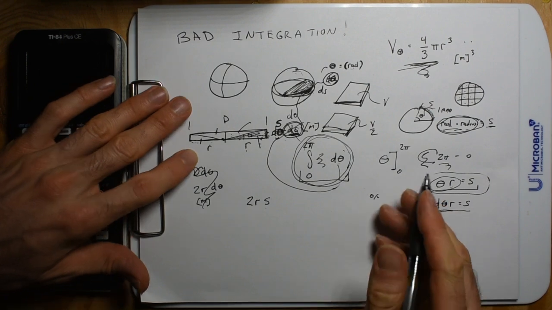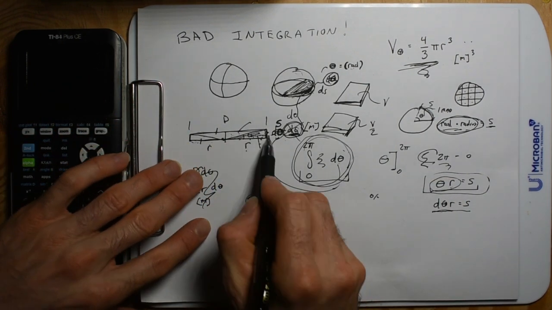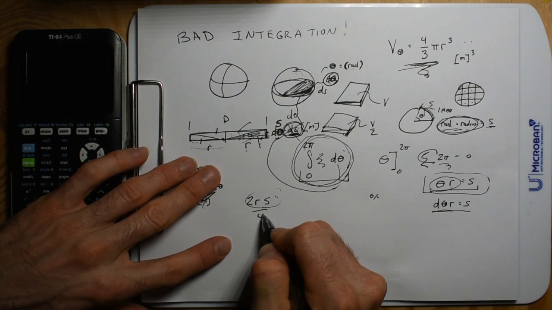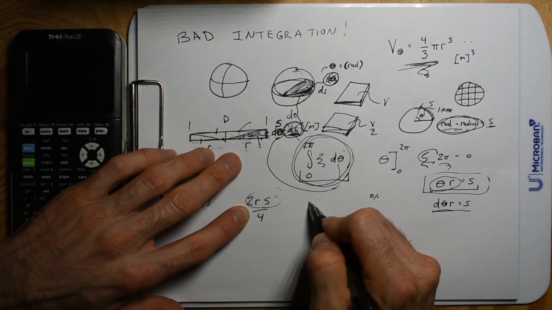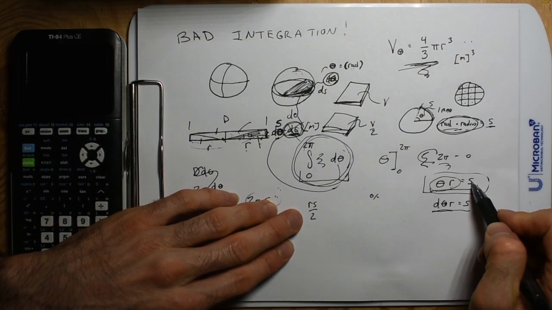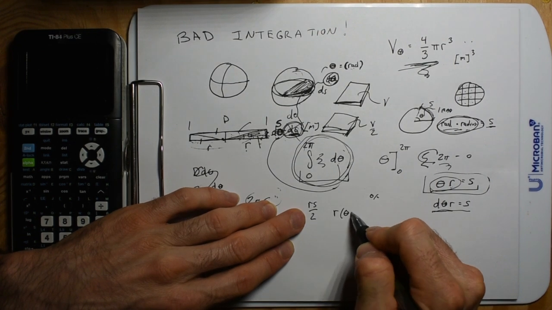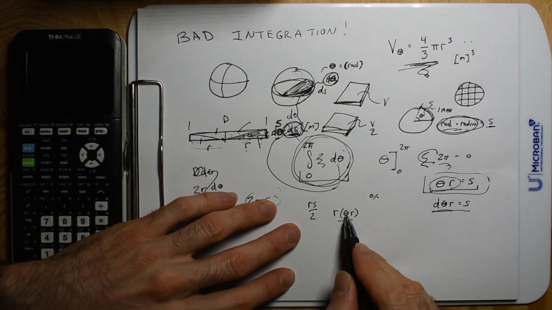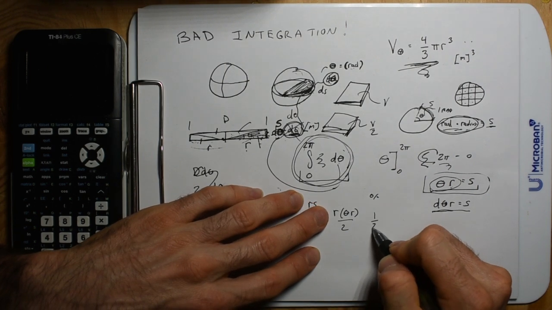We'll at least do the percent error calculation. Okay, so then I know that if this is the volume of that whole thing, it's just divide by 4. So now I have the volume of this slice is r s divided by 2, and then I know that s is theta r, so we're going to go r theta r, you know, make it totally obvious. Cool, and now we're going to say the volume of that slice is 1/2,